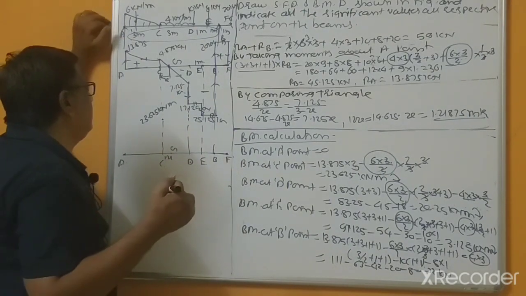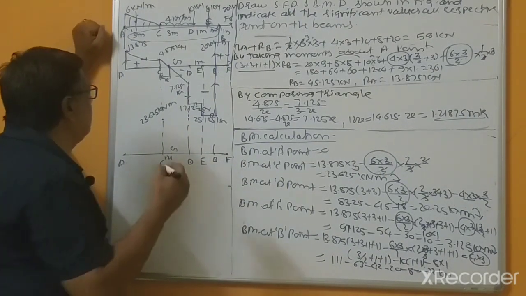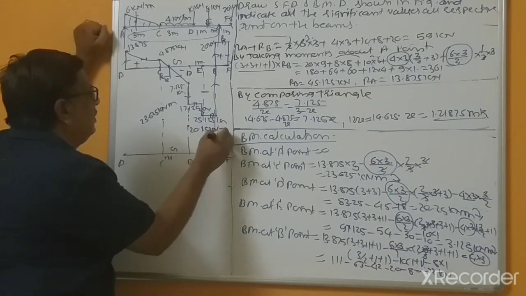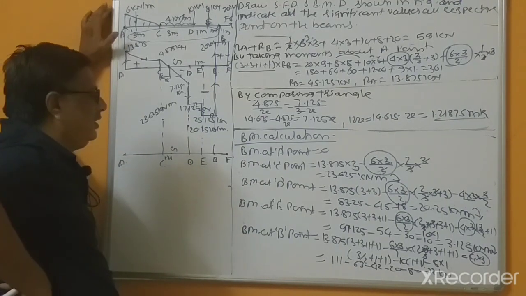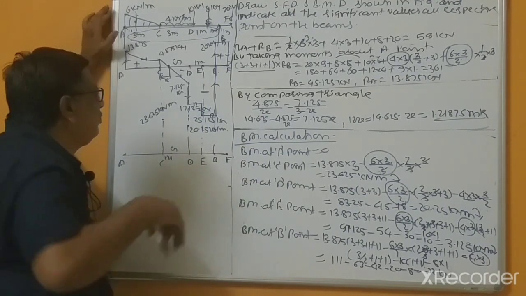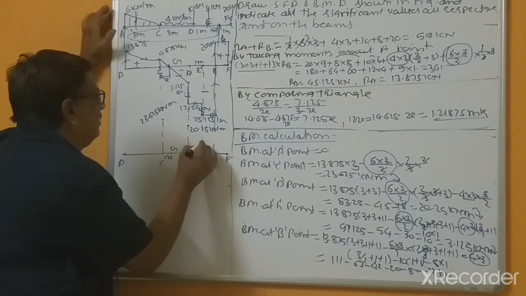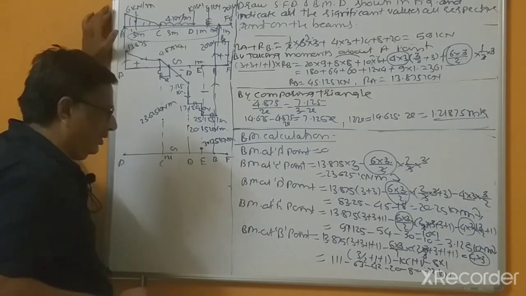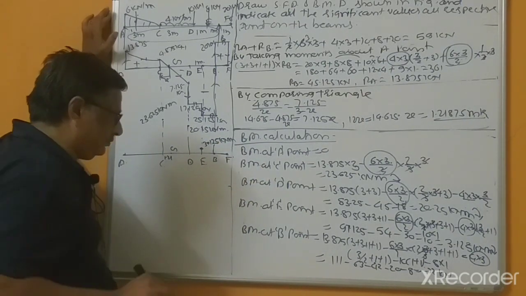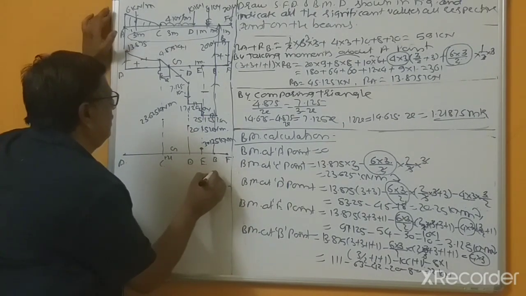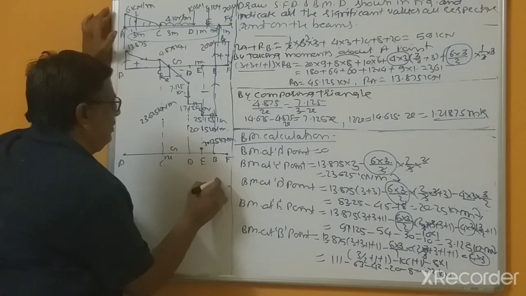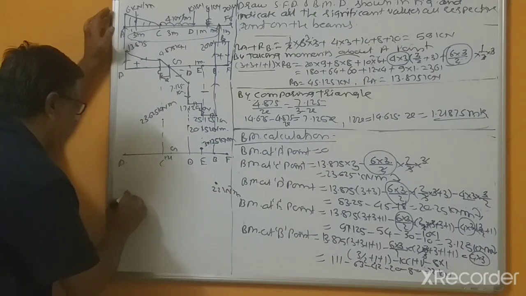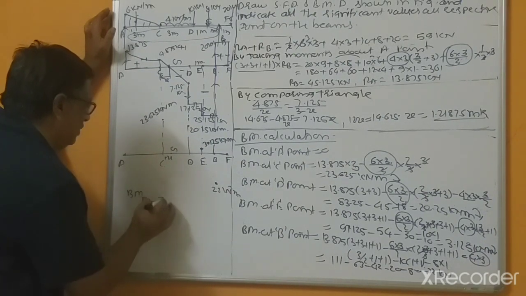So that is to be calculated. Bending moment at D point 20.25 kilonewton meter, bending moment at E point 3.125 kilonewton meter, bending moment at B point minus 22 kilonewton meter, and maximum bending moment equal to, now